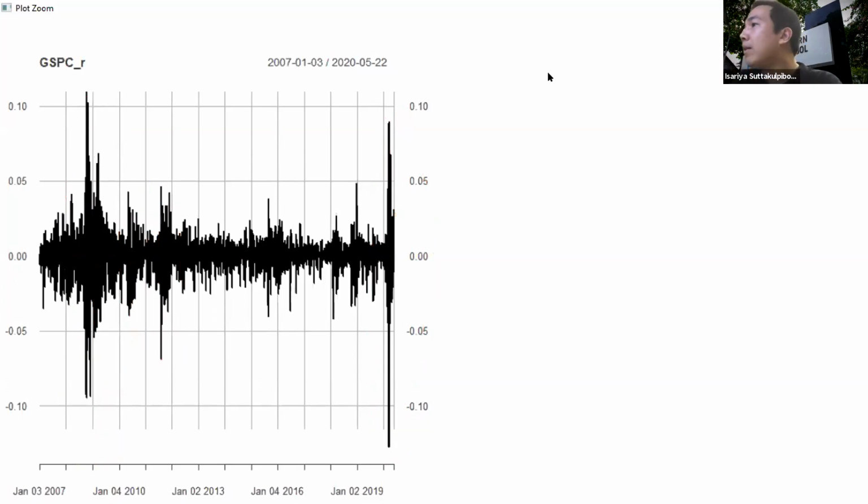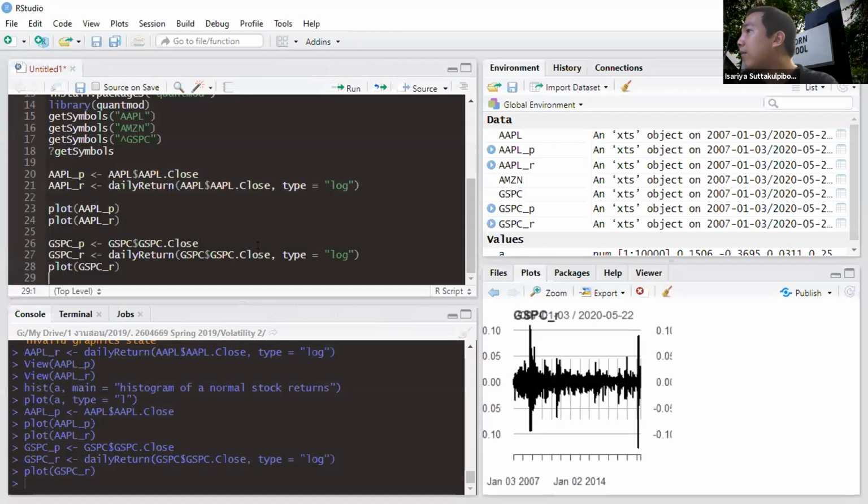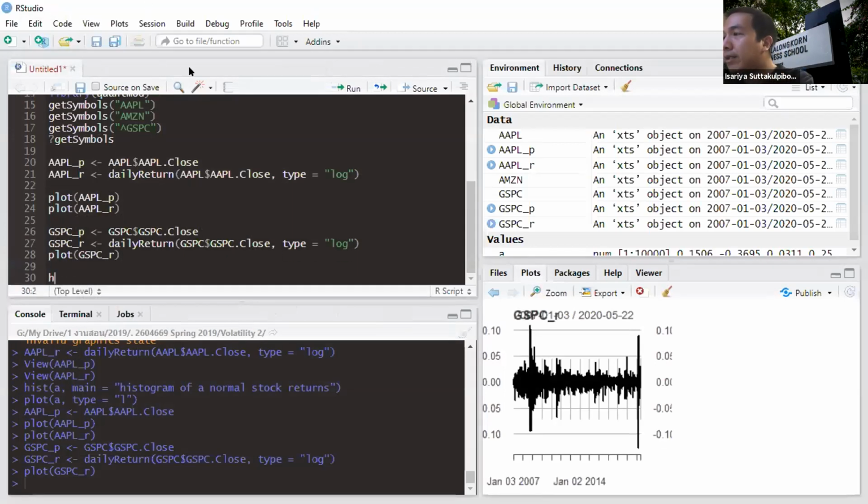Okay, so that's the stock market, and we can also look at the histogram. Let's do hist